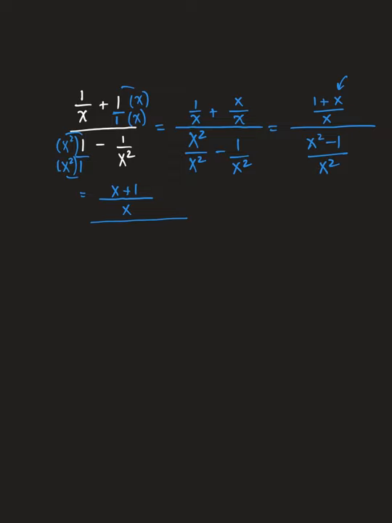So what I notice here is this x squared minus 1. And that's a very special binomial. That's a difference of squares. X squared is a perfect square and 1 is a perfect square. And I know that a difference of squares is going to factor into x plus 1 times x minus 1 all over x squared. Okay? From there, now that I have 1